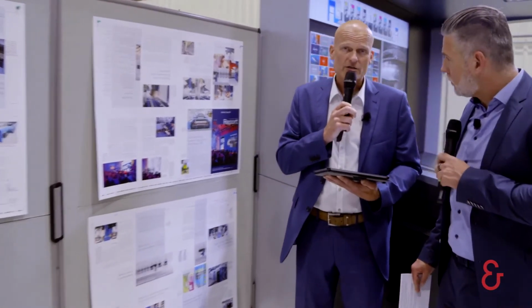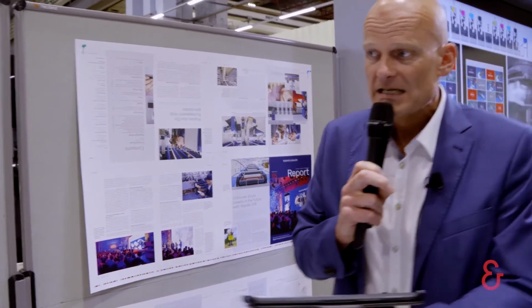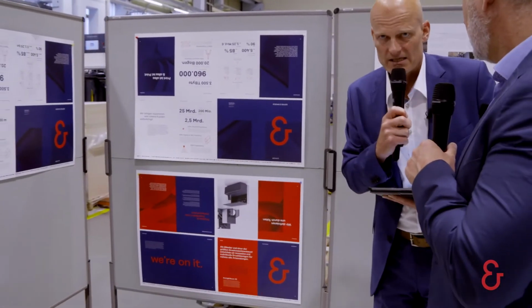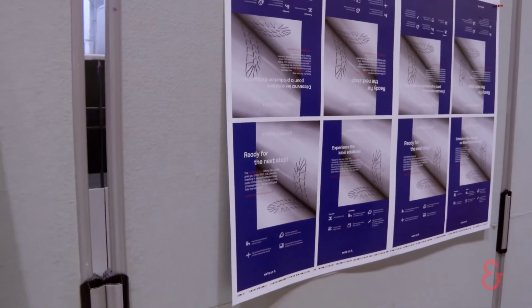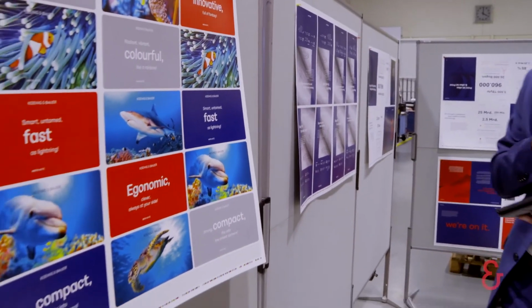Okay, while running the job number 8, the last job of the whole series, we have printed the first 3 signatures of our image brochure on 80-gram uncoated paper. The second jobs we have printed is job number 4 to job number 6, 3 signatures of our magazine. Job number 7, we have printed our flyer, which is a fact sheet for our roller die cutter. And now the last job, job number 8, the sheet is already there, is our postcards. So we were ready to run 8 jobs